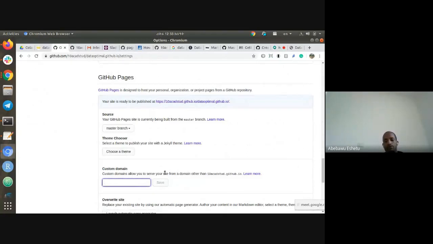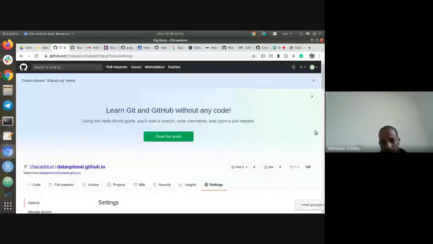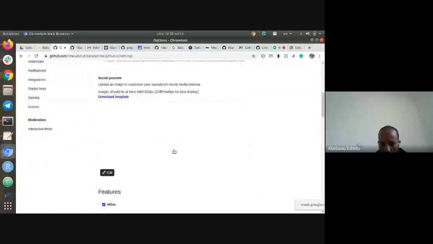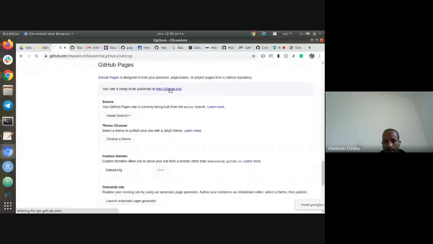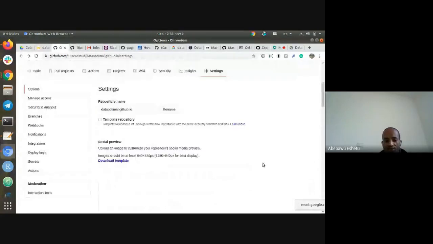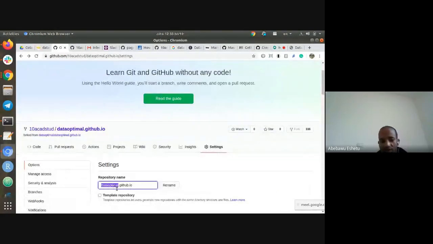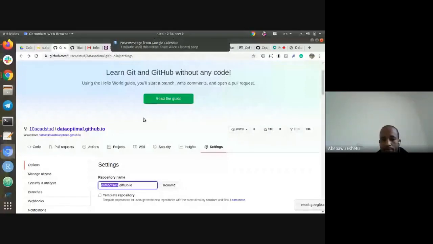Yeah, here, if you have a page like tenacard.org, when the user navigates through tenacard2.github.io, it will directly redirect to tenacard.org in this case. So yeah, it's not navigating because there is a conflict in the name. Here I'm using Data Optimal. The Data Optimal is, yeah, so